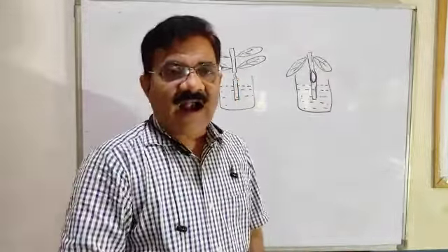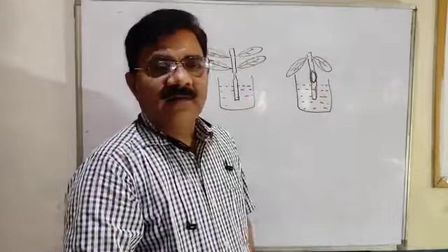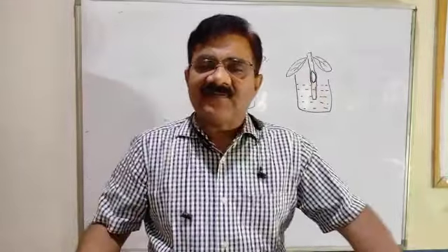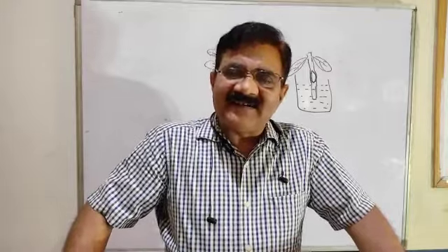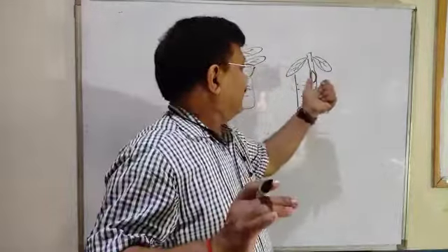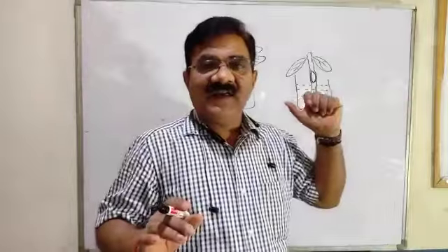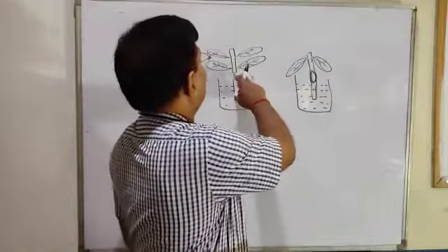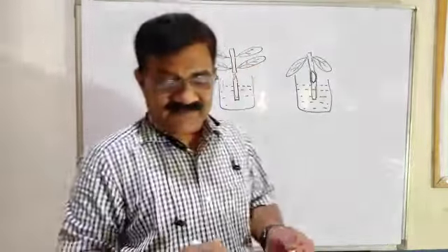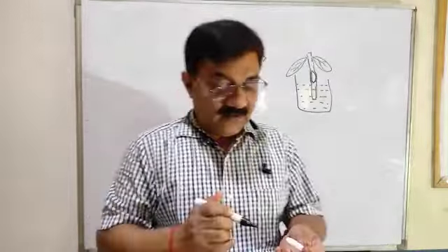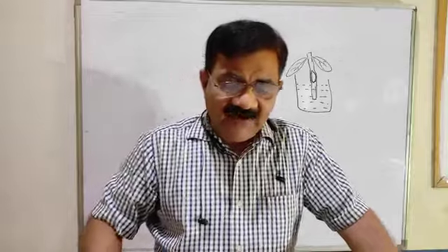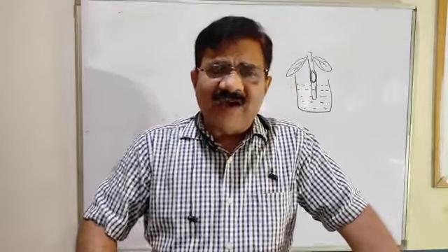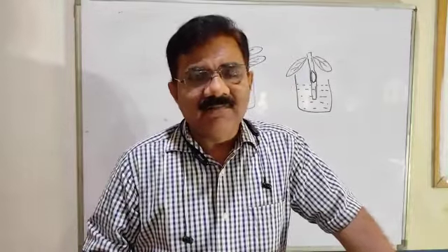So water was not reaching the leaves. Leaves lose their turgidity and wilt. What does it prove? It proves that xylem conducts water. So this part is clear that xylem is the only tissue which conducts water from root to different parts of the plant body. And we know that phloem conducts food.